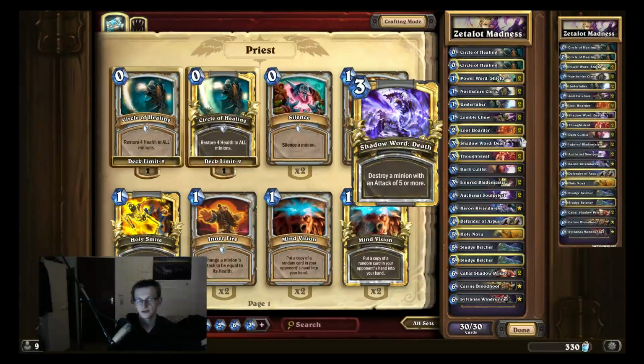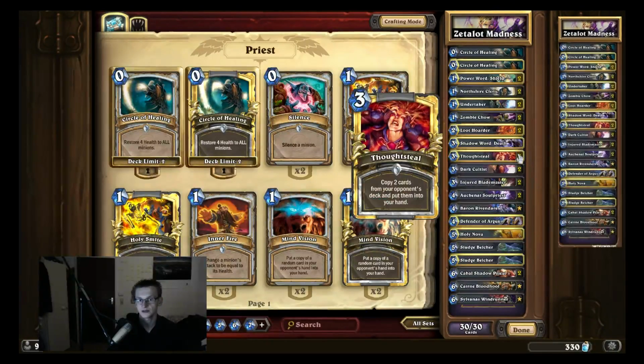One Shadow of Death, it's very important. I would consider playing 2. It's no mistake to play 2 in my opinion, because if you face a control deck, he will have several big targets, especially when you face Handlock. He will have several big targets you can kill with Shadow of Death. Double Fortsteel, it's very good against control matchups because, yeah, this is the...